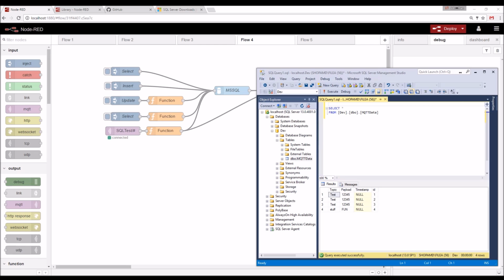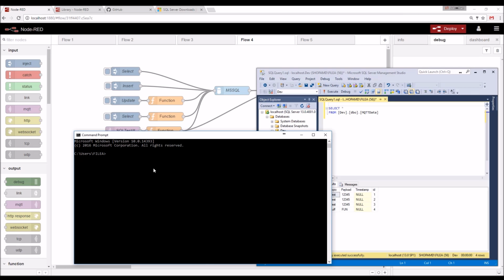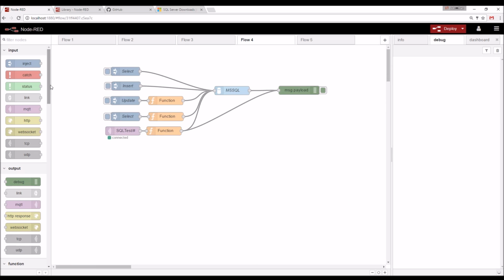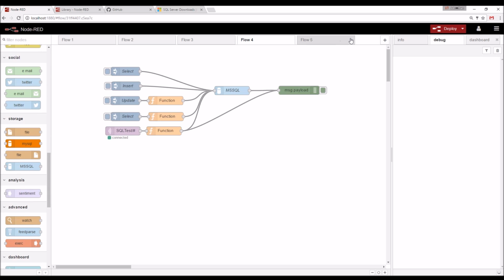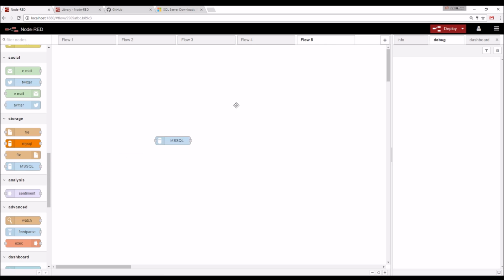To get started, you're going to want to go ahead and stop Node-RED, and then you're going to do npm install node-red-contrib-mssql. Go ahead and hit enter and it will install the SQL node. I've already done that, and here it is, Microsoft SQL. So you can go ahead and drag this guy in,